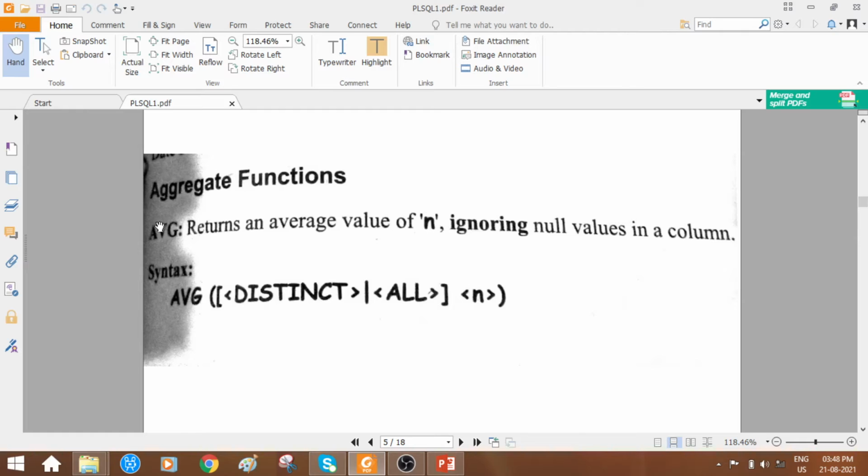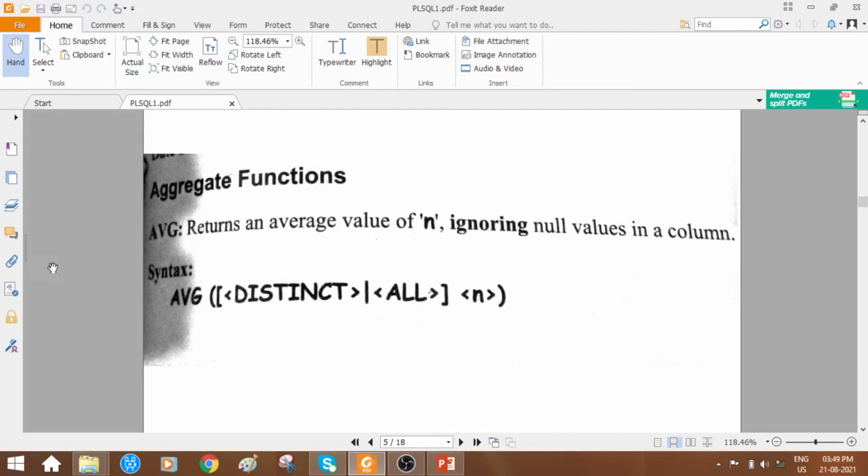That is what you mean by ignoring null values in a column. If no marks are there in that particular column, it will consider only the values that are present, sem 1 and sem 2.